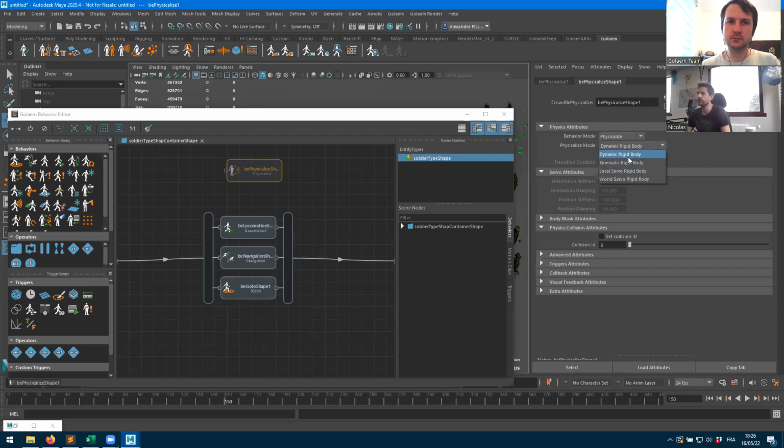First, the default mode is dynamic rigid body, which is set up by default. Dynamic rigid body means that as soon as the character is physicalized, it will be turned into a dynamic rigid body. It means that we'll just apply gravity and collision on it, and it will just fall onto the ground, and that's it. Basically, we call this a ragdoll. It will be inanimate, and it will just fall according to gravity, according to colliders, and according to its